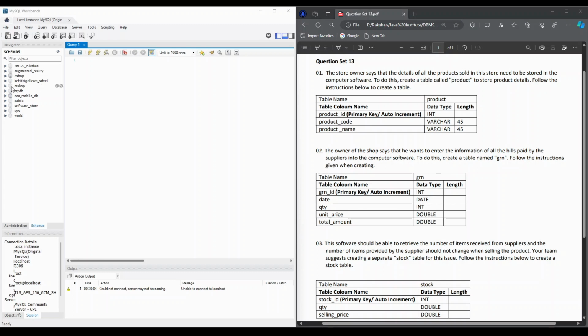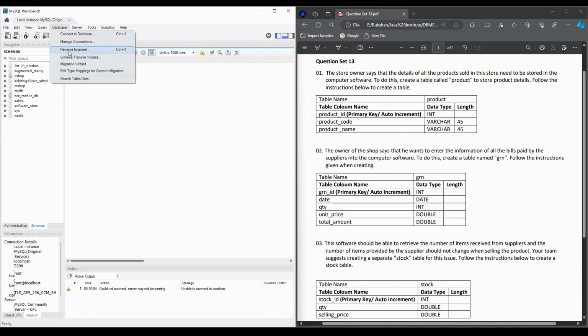Okay, now let's use an ER diagram to create these tables, because sometimes we need to create some relationships between the tables. To create an ER diagram, our database name is next mobile DB. That's what we have created in our 11th video. So now let's open the ER diagram of this database. Now go to the database menu and